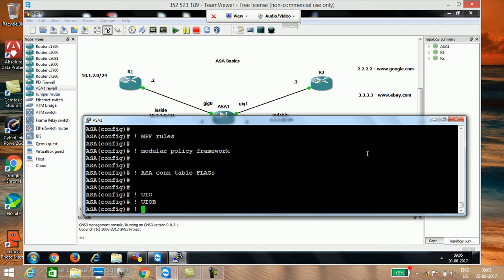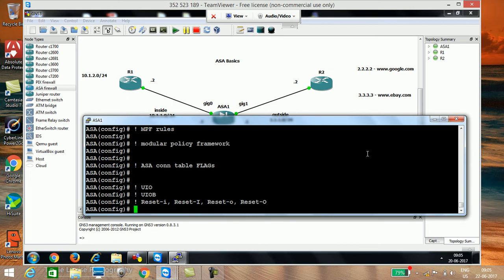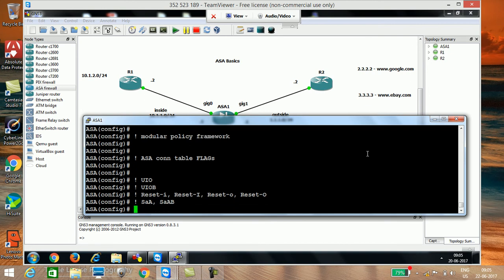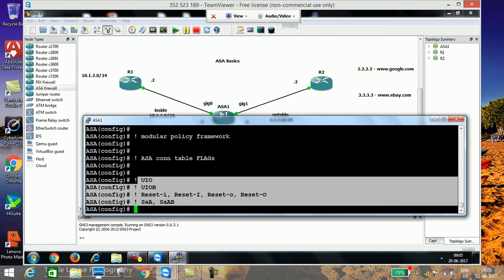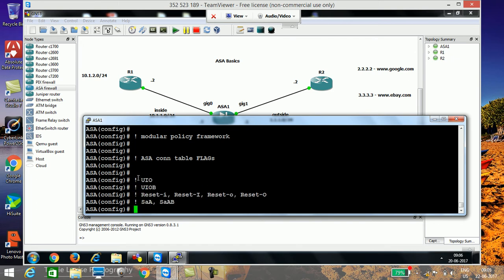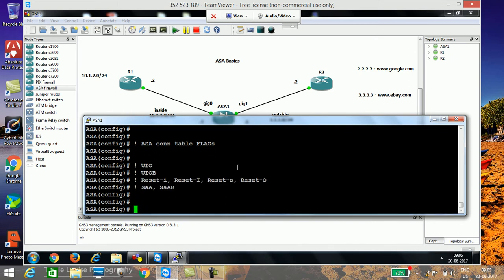At least find out what is the meaning of UIO, UIOB, reset small i, reset capital I. What is SA3? Find out some of the information. There is some logical sense involved which you can use for troubleshooting some issues. Connections are being created by